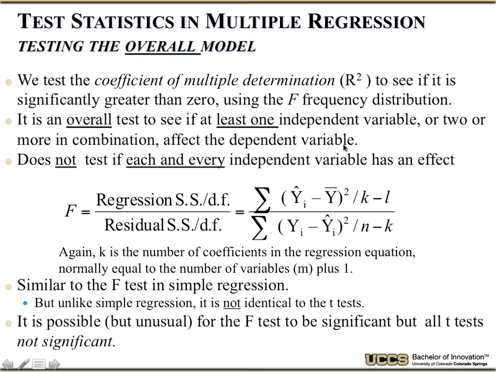So then, similar to the ANOVA, you would then do individual t-tests to figure out which is going on. It is actually possible, but extremely unusual, for the F test to be significant but all of the t-tests to not be significant. That's different from ANOVA, where you can sometimes get something significant, but if I try to do a paired t-test for each pair, there isn't significance, because when we do the individual tests, we do the Bonferroni or whatever that name was, corrections for the number of tests going on, and sometimes that makes it so it doesn't show up. It happens less often with regression. But it's not uncommon for regression.